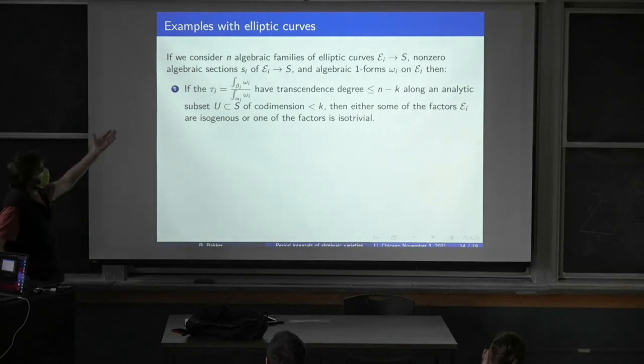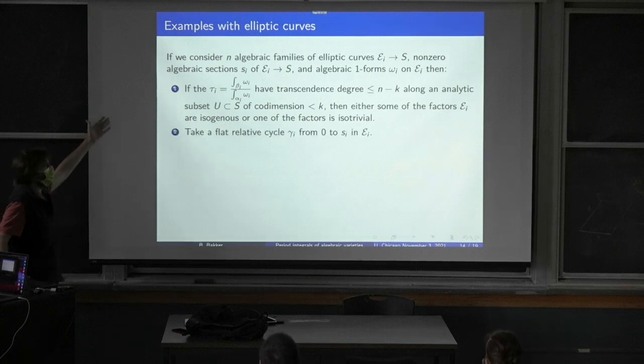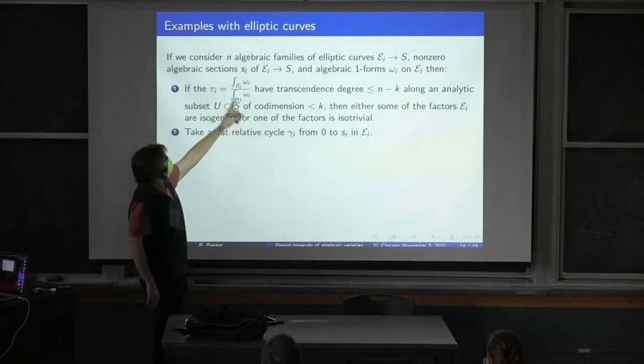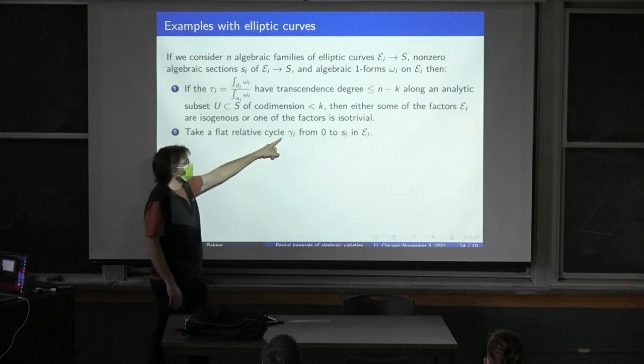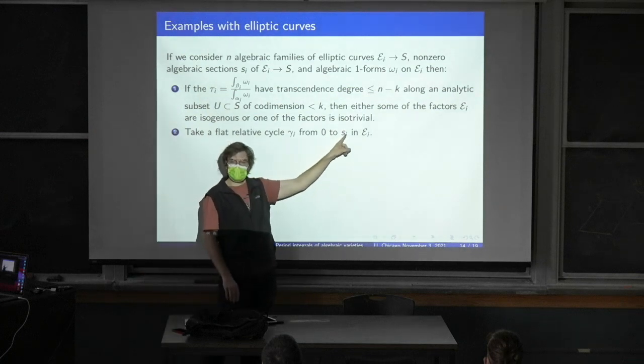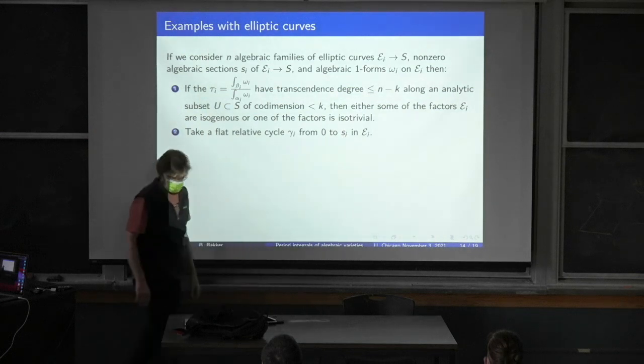So that's sort of the world that this first batch of theorems tells you. What does the mixed version tell you? Well, now I'm going to use the section. If I take a relative homology cycle from 0 to the point S, right? So in other words,